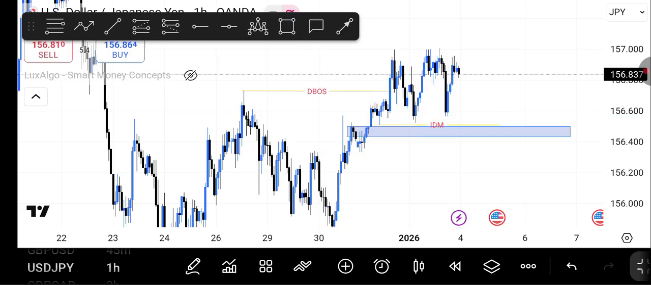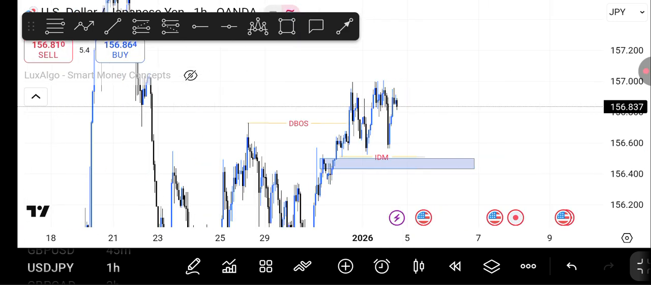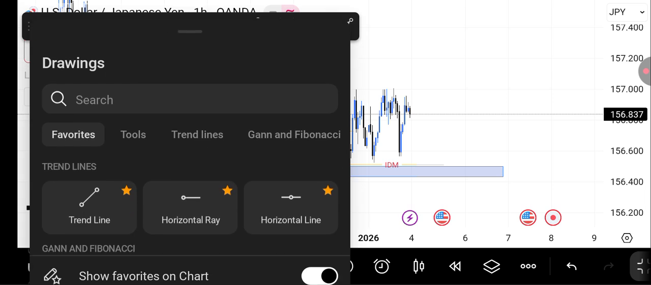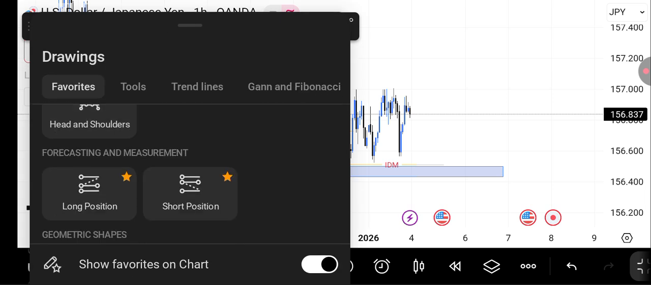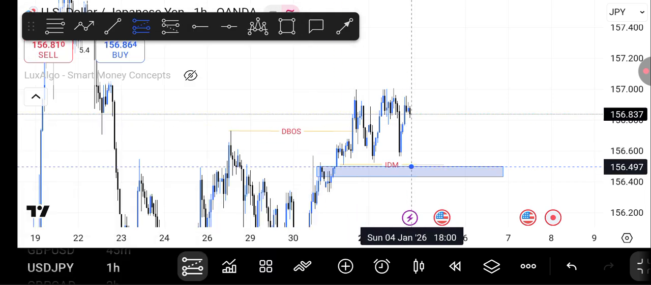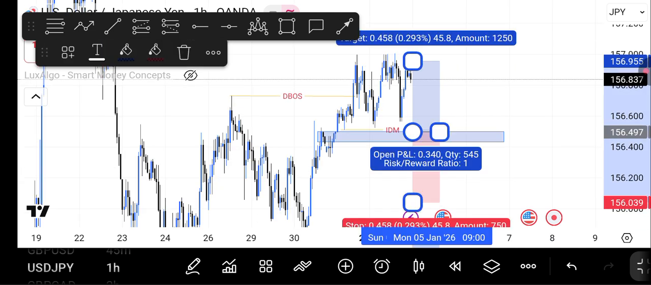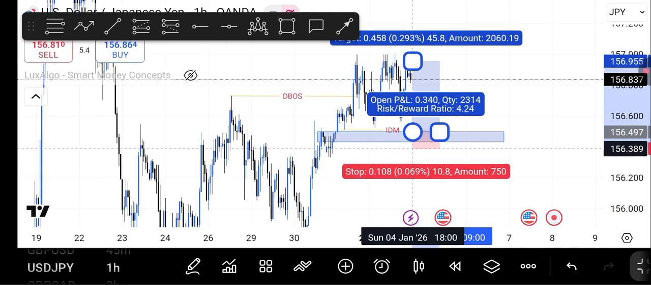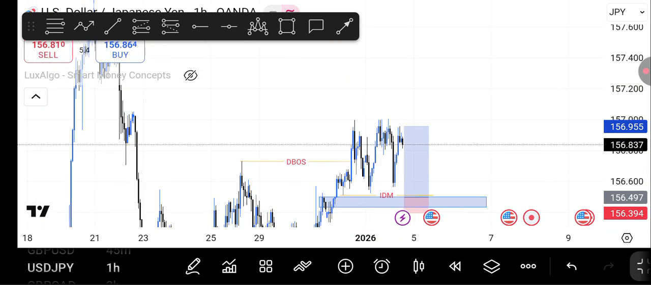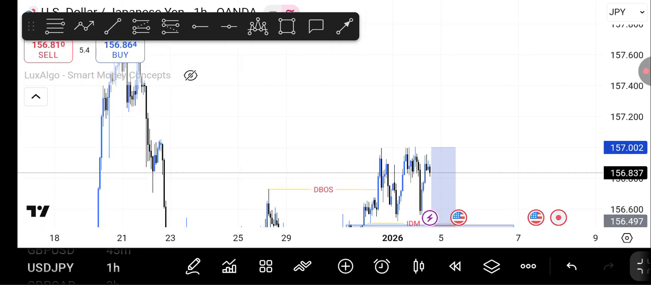Like nothing is perfect. So even if I would trade this pair, right? Even if I take this setup, the setup looks good to be true, right? It's cool. I would have taken my buy from here and then my stop loss will be low here, at least 10 pips. And then maybe I'll target the next drawn liquidity